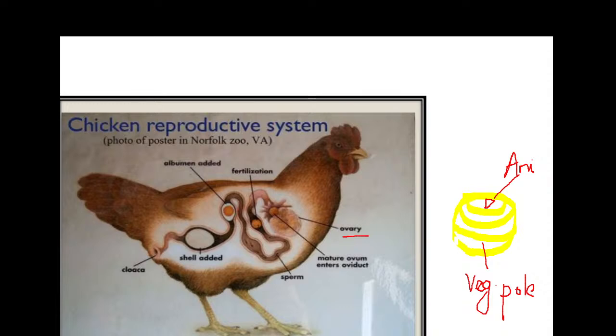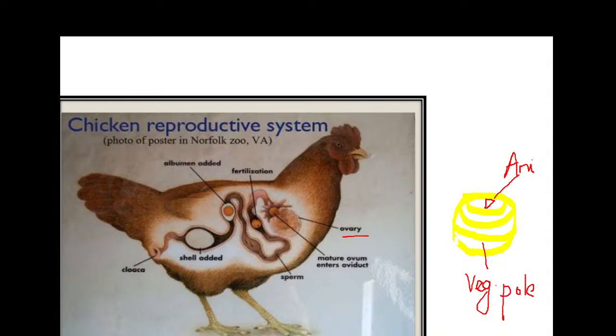The reason the nucleus moves to the animal pole is the weight of the yolk. The yolk is heavy, so it starts concentrating towards the vegetal pole, and at this time the nucleus, which is very light, will be pushed towards the animal pole. Then when the oocyte is fully developed, the ovum is yolk laden. Here you can see, once the yolk deposition is done inside the ovary, what happens is that